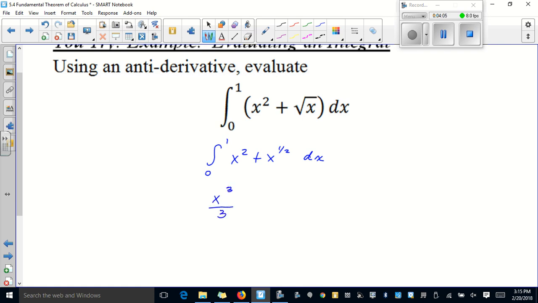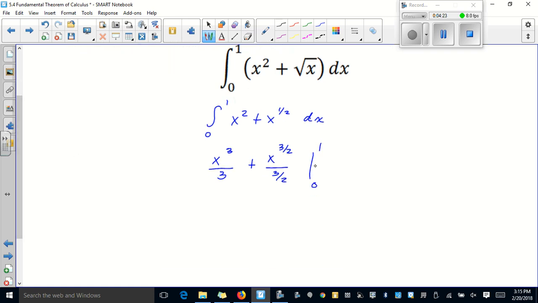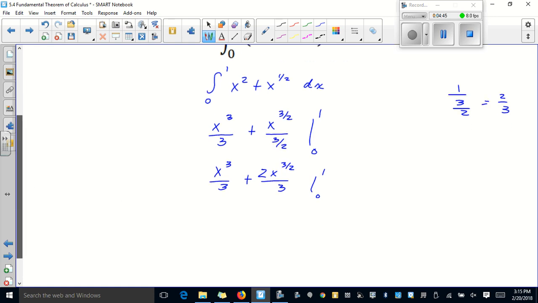Now, keep in mind, if you have 1 over 3 over 2, this is the same as 2 over 3. So we're going to rewrite this guy. So I have x cubed over 3 plus 2x to the 3/2 also over 3. Still evaluating 0 to 1. So I plug in 1, I get 1 over 3 plus 2 times 1 over 3 minus 0. Remember I told you guys you don't have to do the math, but if you know you're going to get 0, just write minus 0. I put 0 here, I get 0. I put 0 here, I get 0. So in the end, we get 3 over 3